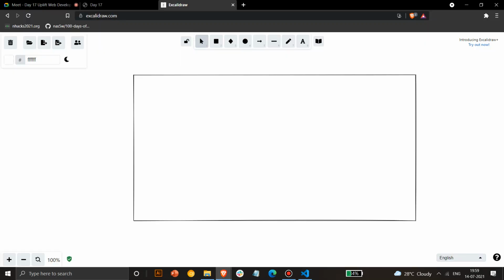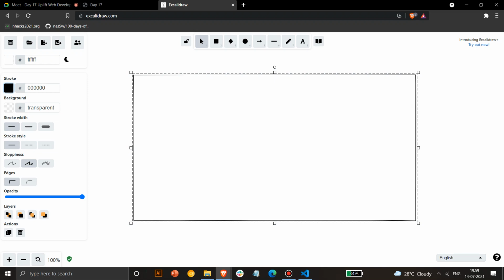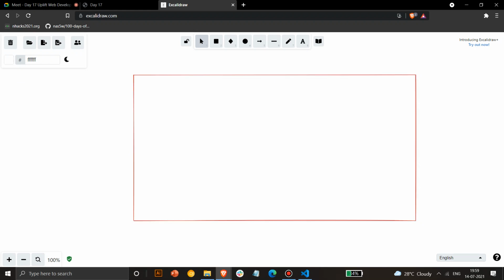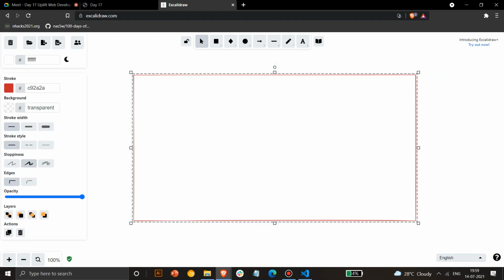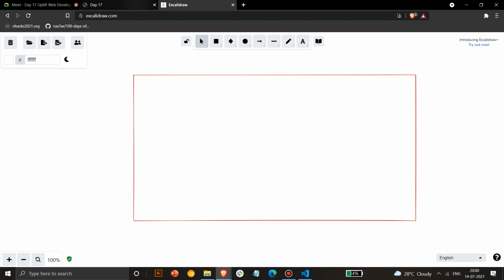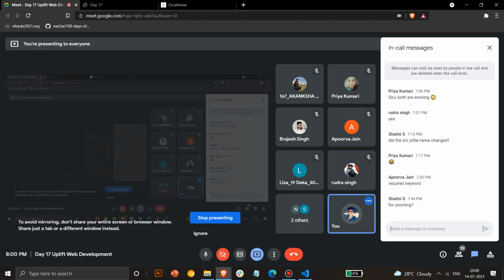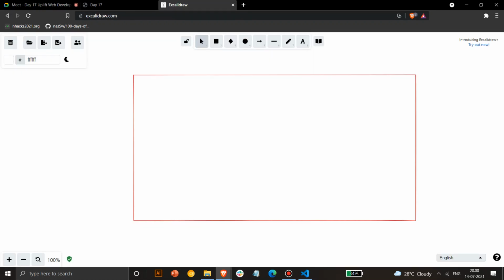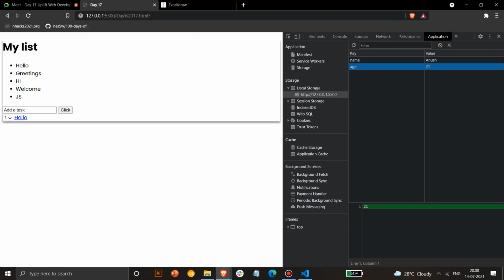Okay, so these kinds of things will be stored. Color preferences like this: if I have a color preference of red, it will be saved, and if I close it and open it again, it will still show the same. Any day if I open this, it will still remember this is a red rectangle that I had created on that day. Okay, is this clear? Are there any doubts with this, how I have saved it, how I have used it, how local storage is working?